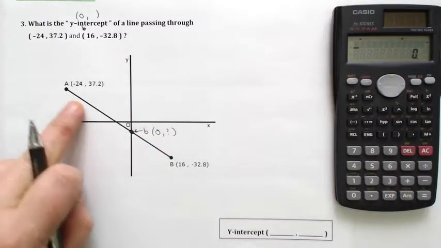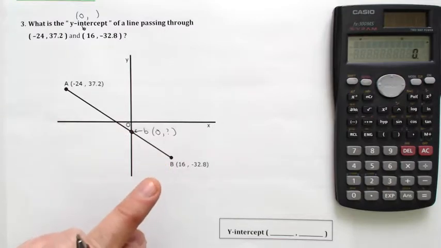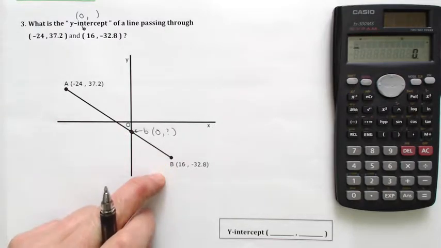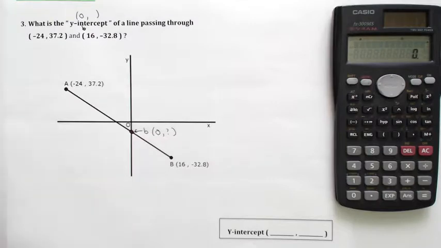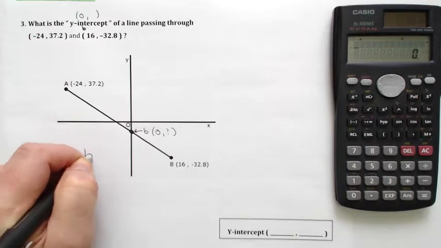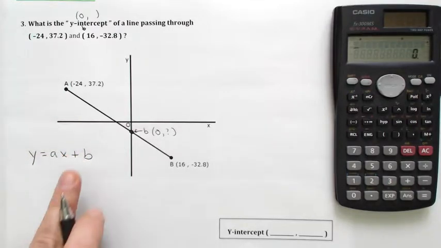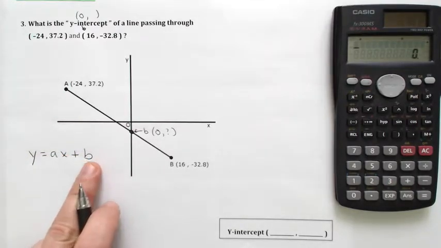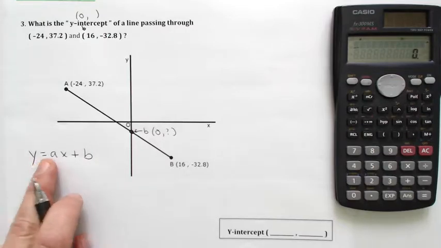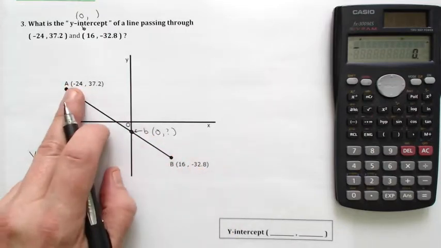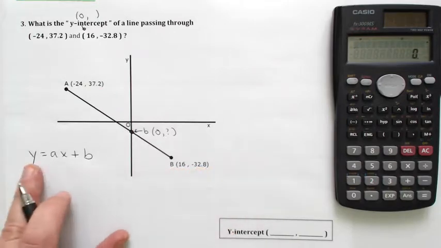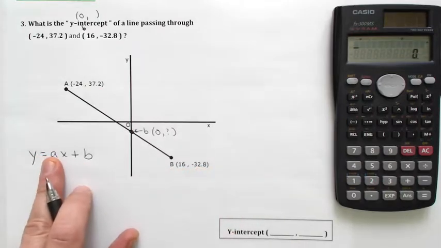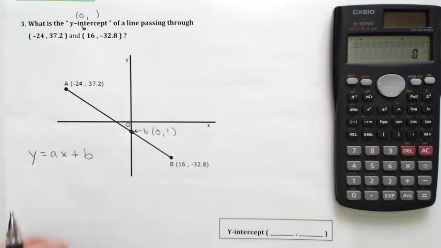So we can't get anything until we have an equation, and we need to get an equation using the equation of the line that we have been drilling into our heads. Y is equal to ax plus b, and we know we want that b, but we can't get it until we get the a. Now we've got x's and y's all over the place that we could plug in, right? xy over here or xy over here, so no problem there, but we need an a, and then we'll get the b. So straight up to get that a, we're going to use the rule a is equal to